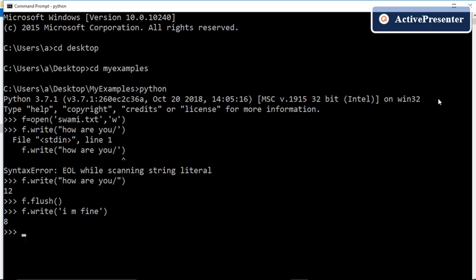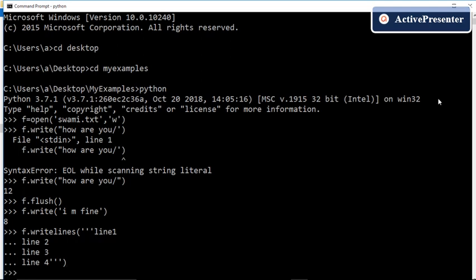Okay. Suppose I want to write multiple lines into the file. Then I will write f dot writelines, and when I write multiple lines, then we have to use multi-line string. To use multi-line string, we will use triple quote, and suppose I want to write 3 lines, line 1, then I am writing line 2, then line 3, then line 4. Closing the triple quote. Okay.